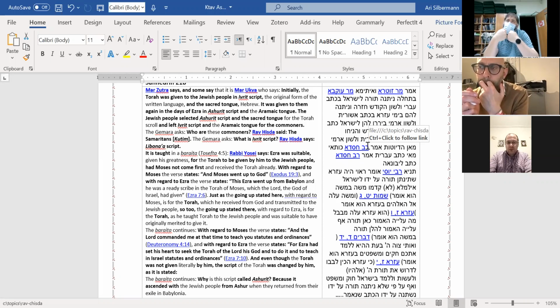So already you start to see that part of what influenced this change, at least according to the Gemara and the change back to Ivrit, was that the Samaritans, these quasi-Jews that lived in the Shomron, used to read the Torah in Ivri script. And that's still the case today, right? Their Torah is a different Torah. It's very similar to ours, but with clear additions and changes to reflect their own beliefs.